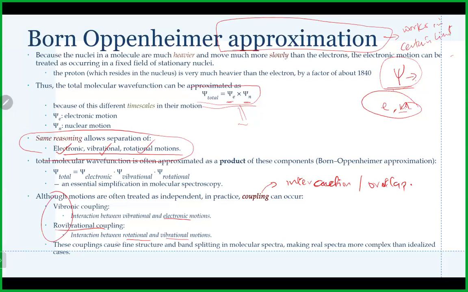So these couplings lead to what we call fine structure or splitting of lines. This splitting of lines is very, very crucial in NMR. The fine structure is crucial. You get it in NMR too, and you get it in vibrational spectroscopy. Even though it makes spectra